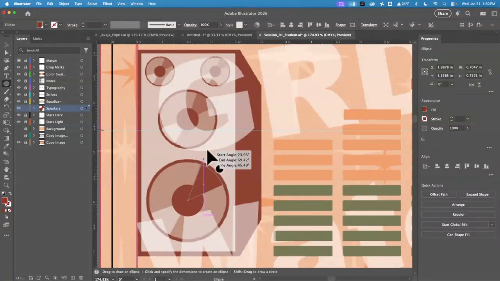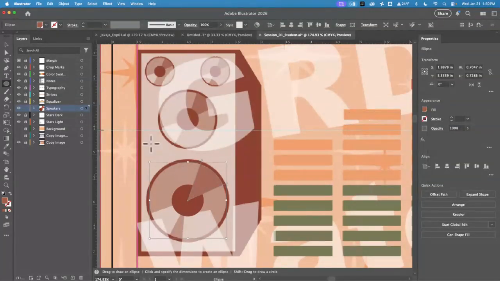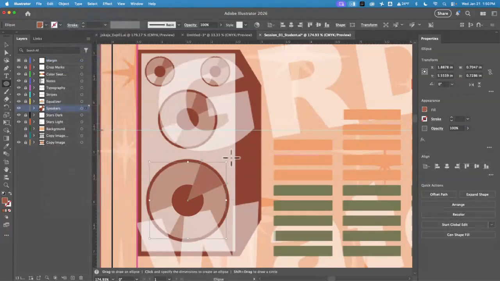And we're just going to change the size. And then we're going to change the color. And the color changes, again, we're just going to go down. And I think we're going to go to 75 on the percentage. Then I can copy, edit, paste in place. And I can just rotate that